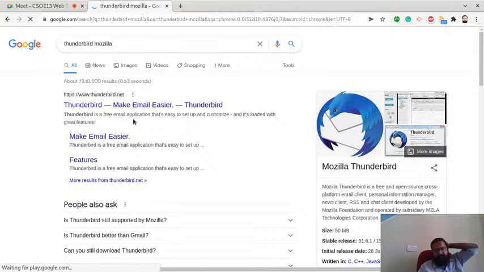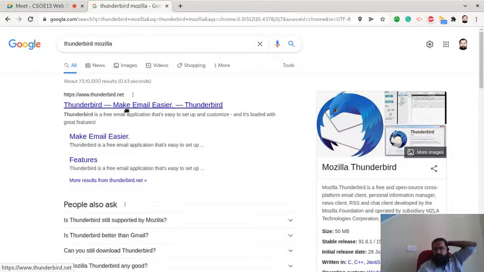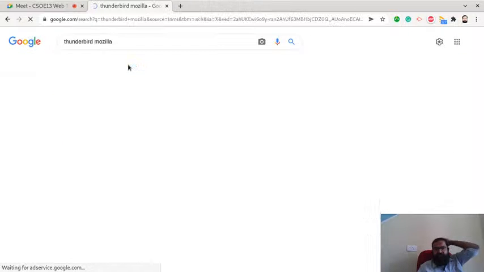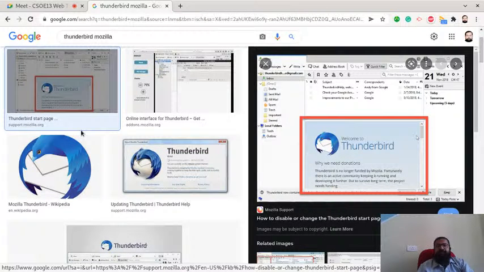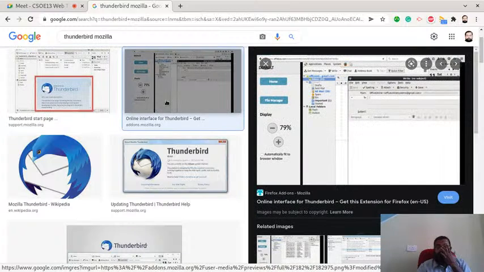This is the thing that I have mentioned. So Mozilla Thunderbird, you can see that it is a desktop application that you can install on your computer, and that will help you check your email from time to time